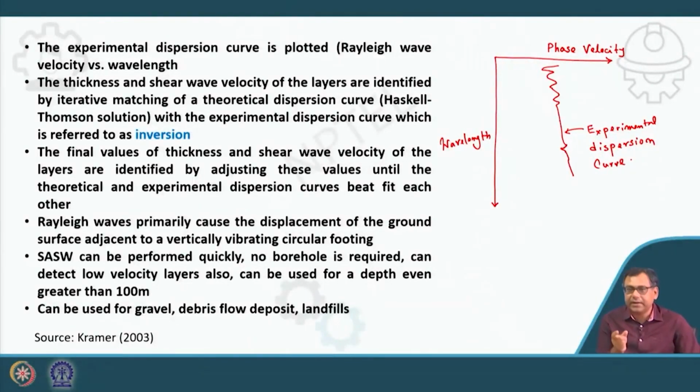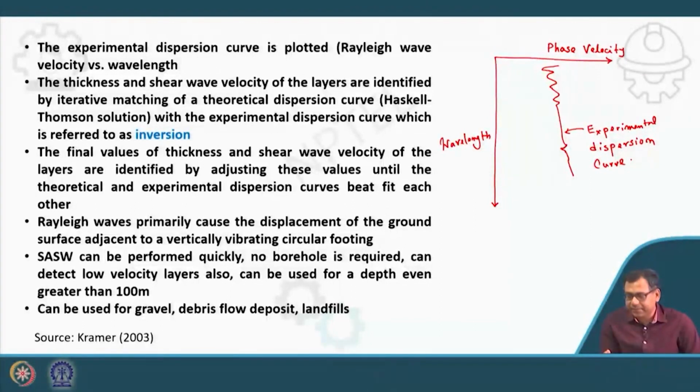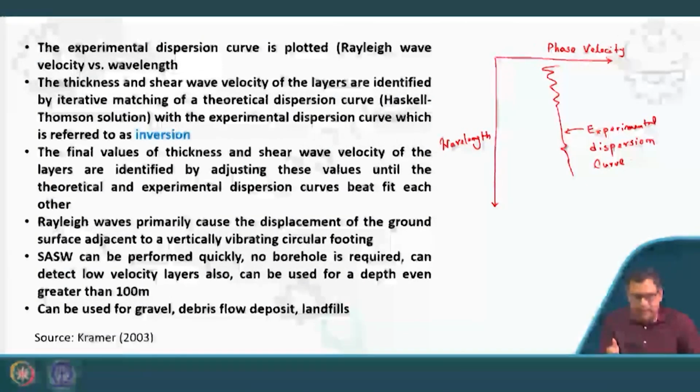So similarly, I can generate a theoretical dispersion curve by assuming the thickness and shear wave velocity of the layers. Then I can use this thickness and shear wave velocity iteratively, such that my intention will be to match the experimental dispersion curve and the theoretical dispersion curve. This technique is called the inversion, and the final value